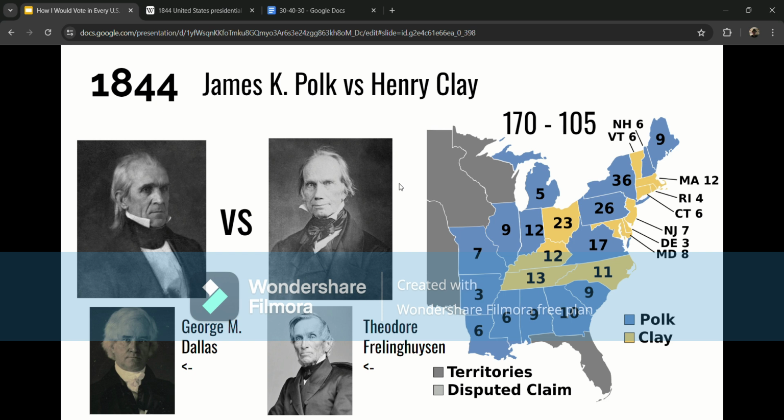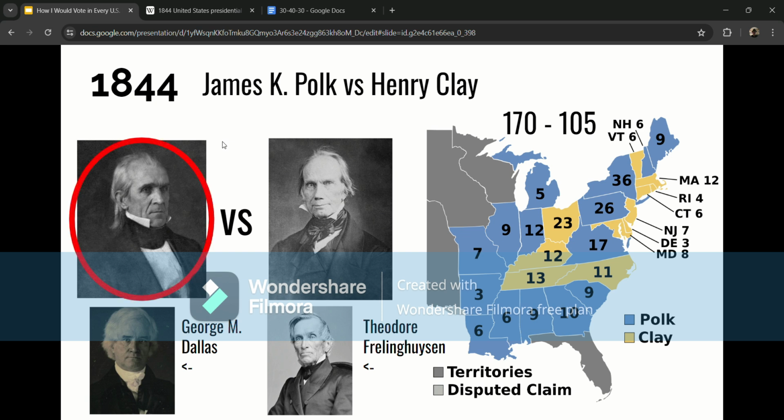He was just kind of there. So this is really a question between Polk or Clay. Again, I went back and forth between this one in my head a lot. This one was very, very tricky for me, but at the end of the day, I would have voted for